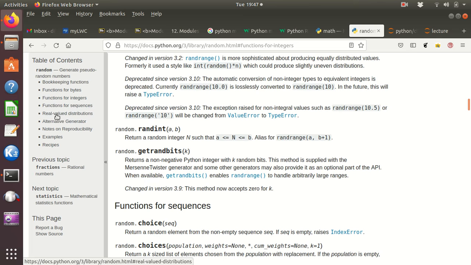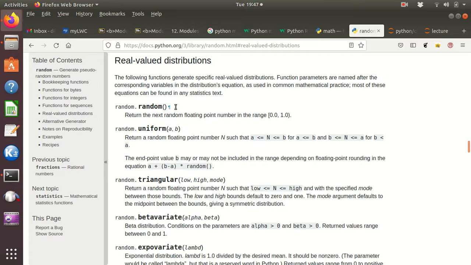Now let's see, real valued distributions. Okay, so you might want to do things just with integers like I did, or real value distributions, so you might want real numbers, and there's a bunch of these. Now notice random.random gives you a floating point number in the same range. Uniform gives you a uniform floating point number,